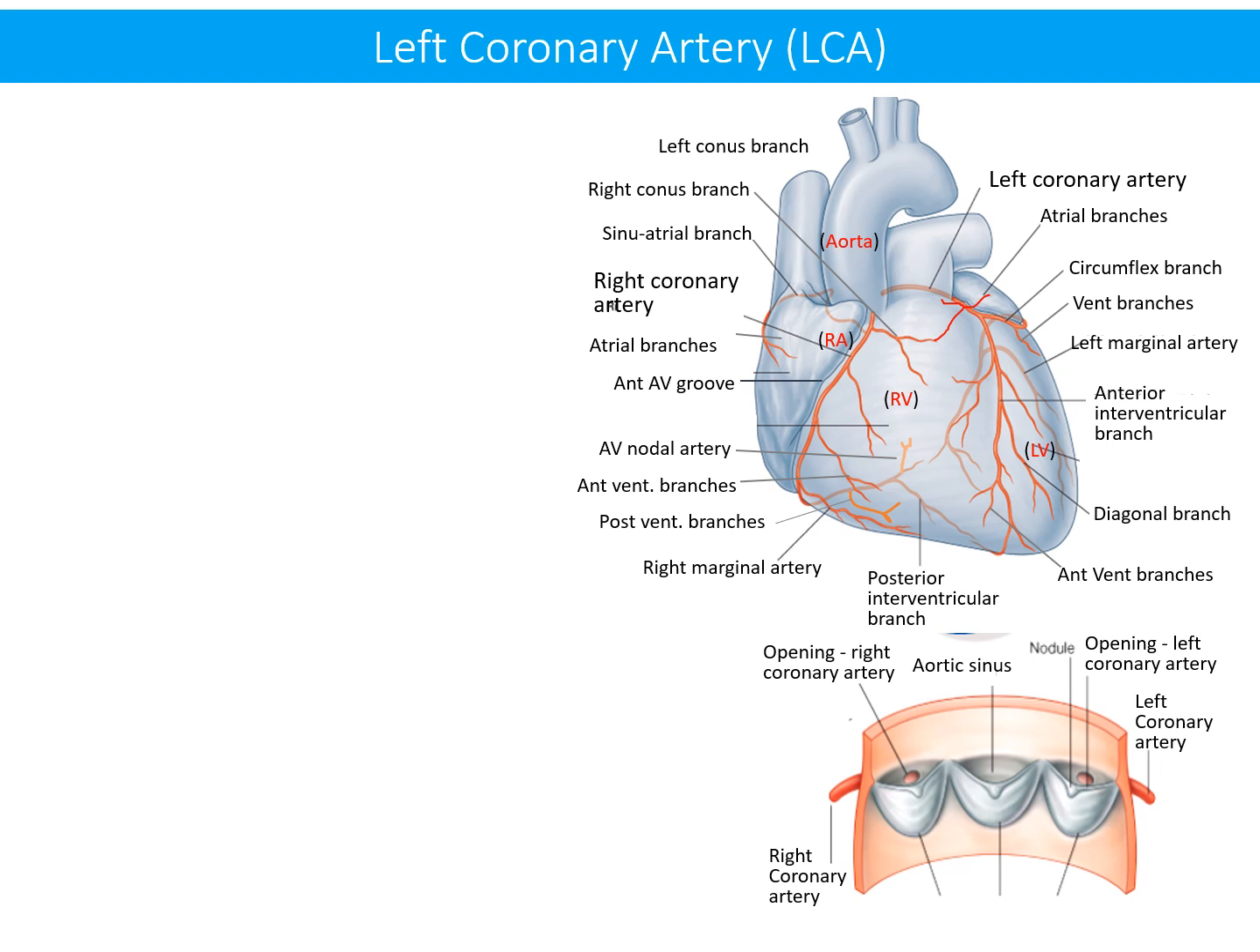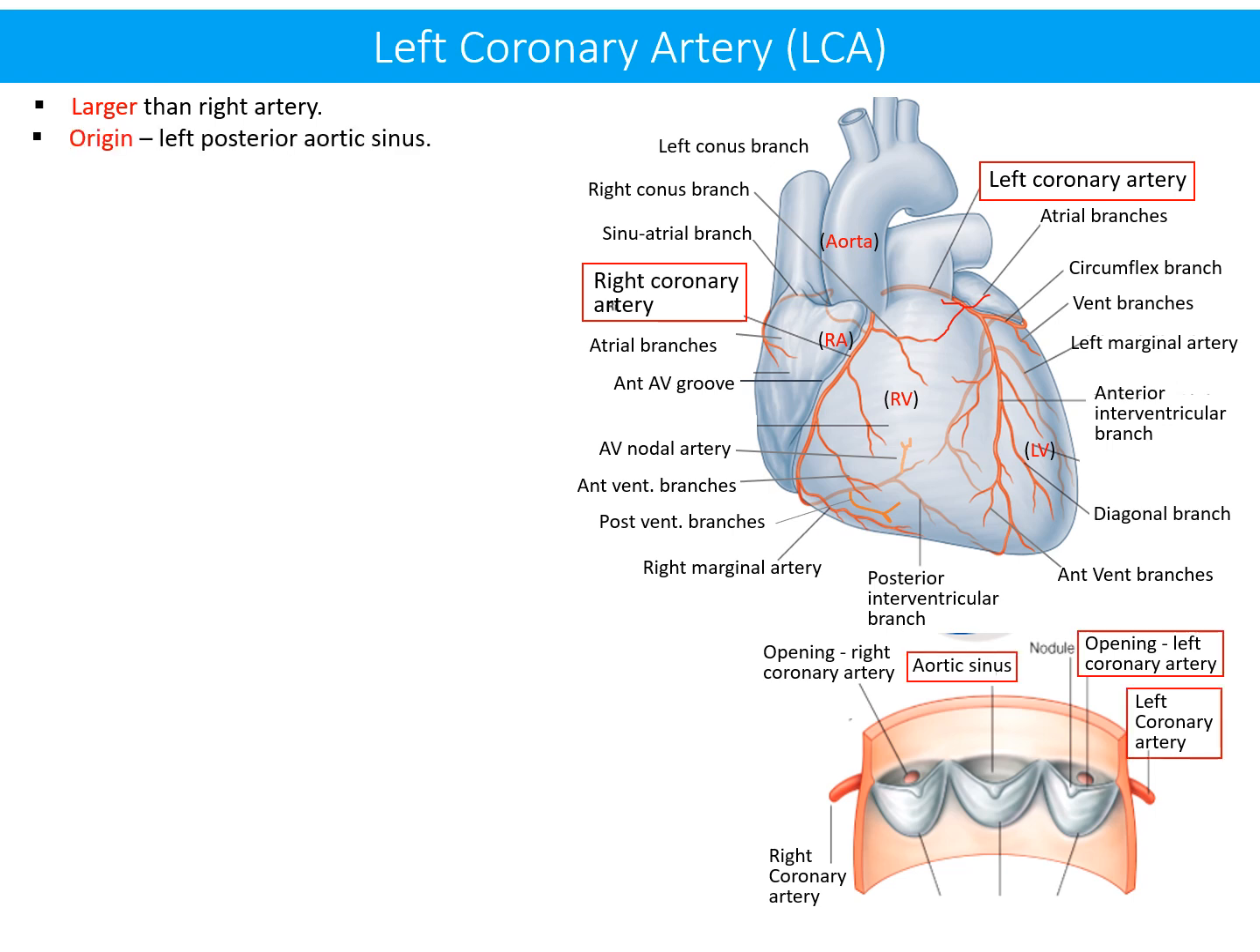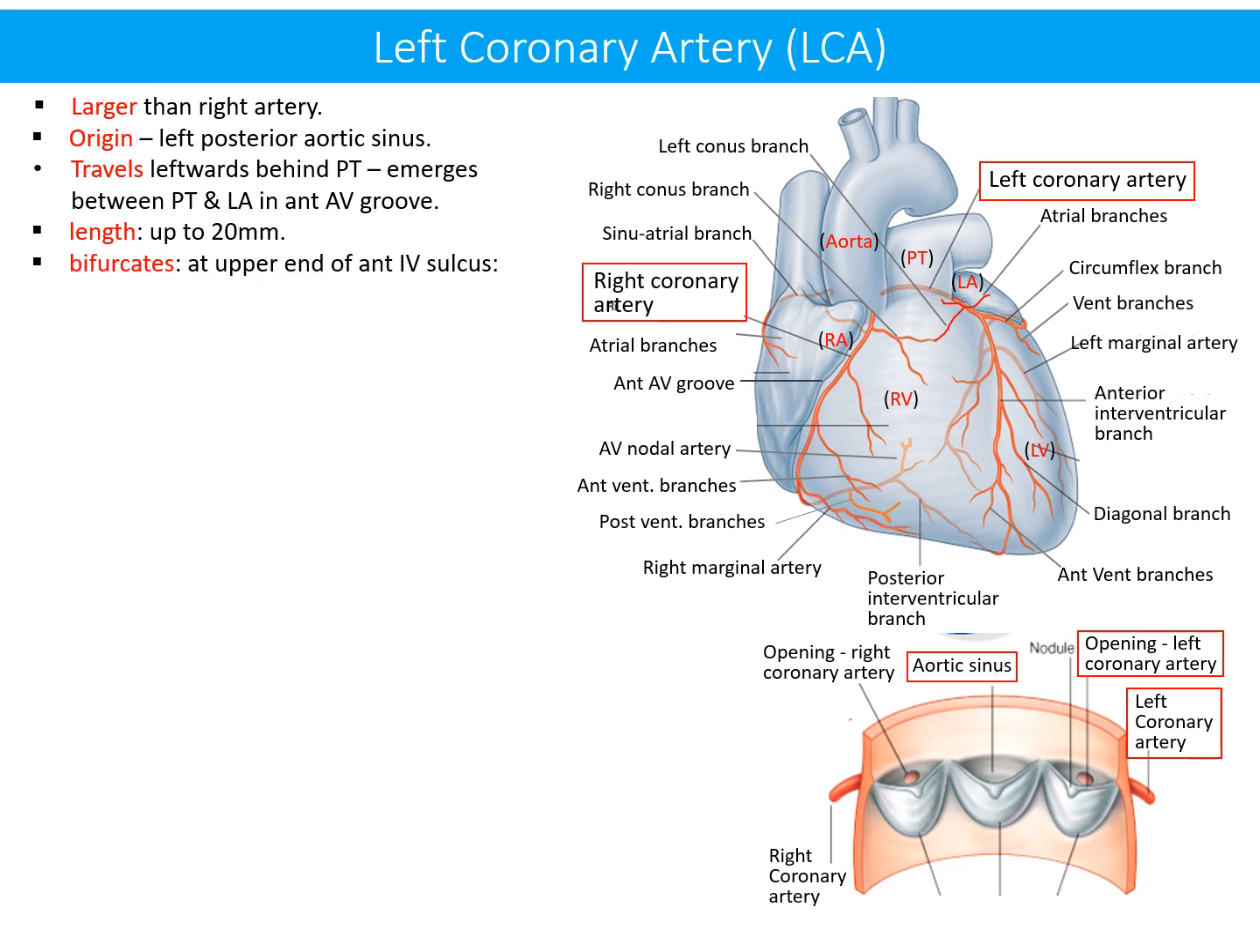The left coronary artery. It is larger than the right coronary artery and originates from the left posterior aortic sinus. It travels leftward behind the pulmonary trunk and emerges between the pulmonary trunk and left auricle in the left anterior atrioventricular groove. Its length is up to 20 millimeters or 2 centimeters, and it bifurcates at the upper end of the anterior